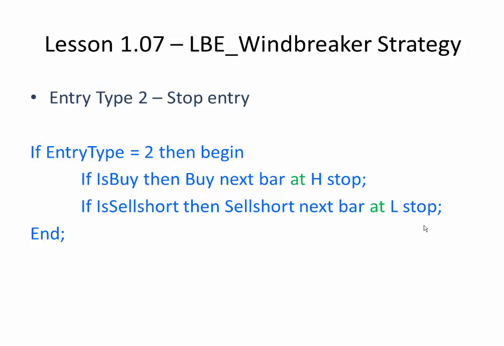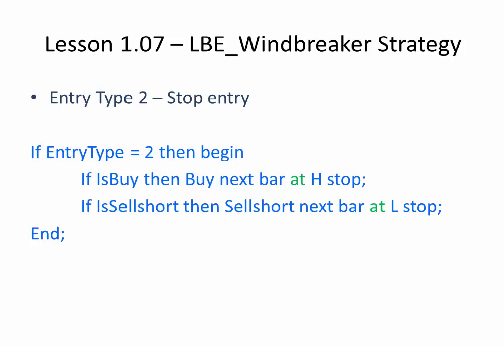Entry type 2 is our stop entry. If entry type is 2, then we look to see if is buy is true. Then if it is, then buy next bar at high stop. You'll notice that the word at is turned green. It is not really a necessary word. TradeStation recognizes it, and because it is not required, it can be omitted, and it will turn green. Green words are considered skip words. They are not required. If is sell short is true, then we sell short next bar at low stop. We will be selling